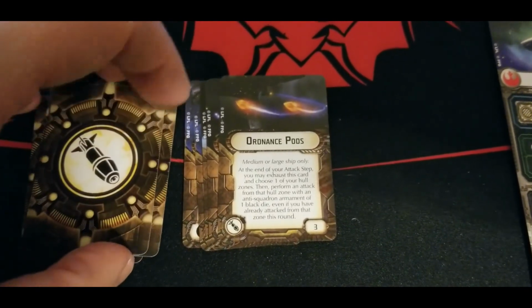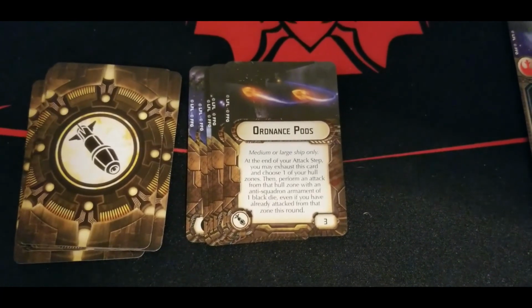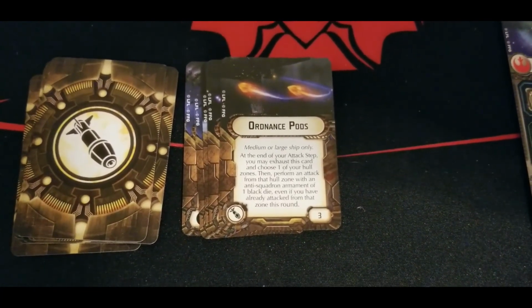Ordnance Pods is another great one. Medium or large only. At the end of your attack step, you may exhaust this card and choose one of your hull zones, then perform an attack